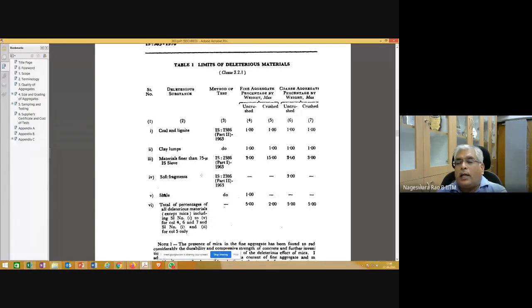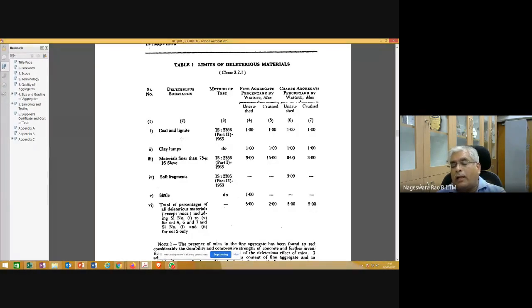I'm going to show you some specifications which are given in the code. Limits of the materials which actually harm the concrete, the deleterious materials, given as a percentage. What kind of material is that? Coal and lignite. Again, the code has a method of test to determine this.